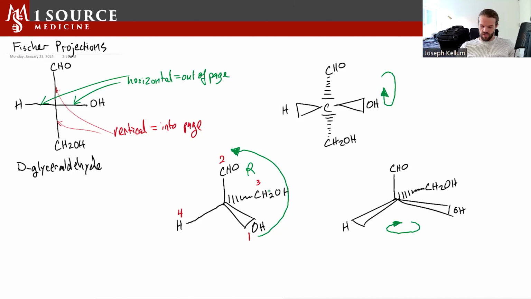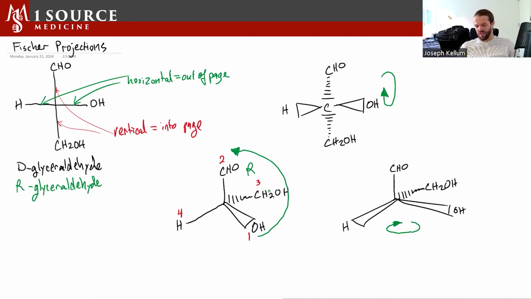So for this reason, we would call this molecule R. All right, and so that's the reason that we can determine that D-glyceraldehyde is the same as R-glyceraldehyde. And L-glyceraldehyde would be S-glyceraldehyde. We'll go through how to do that just by looking at the Fischer projection too,